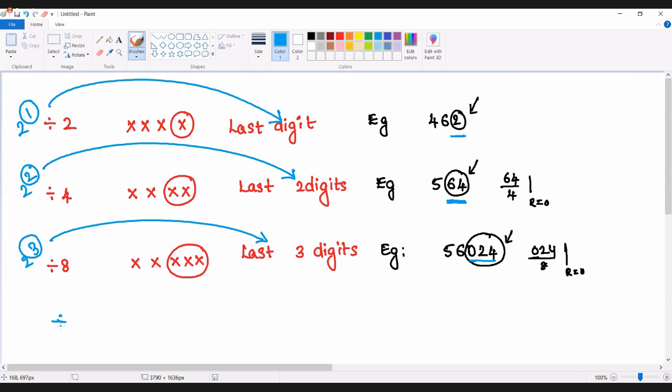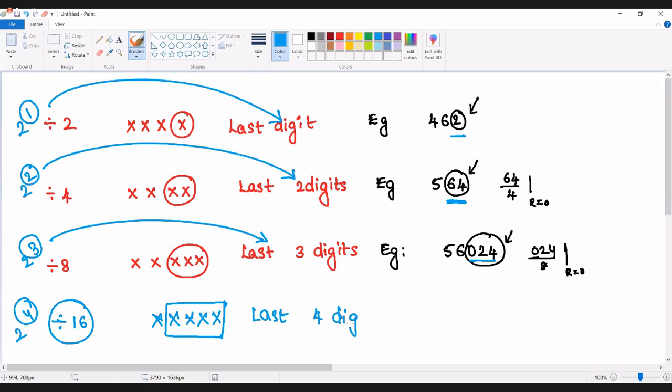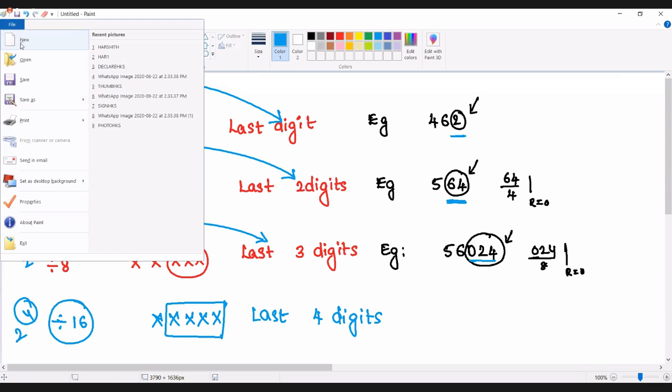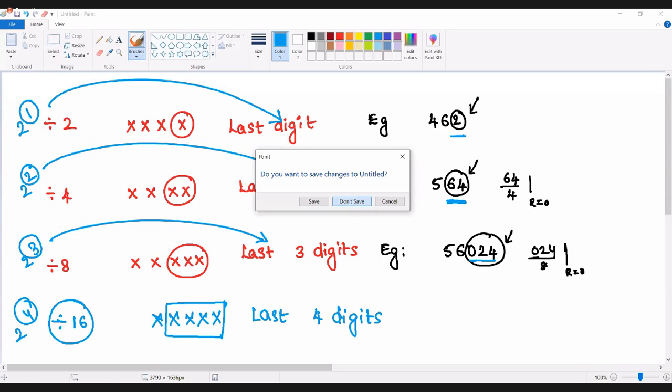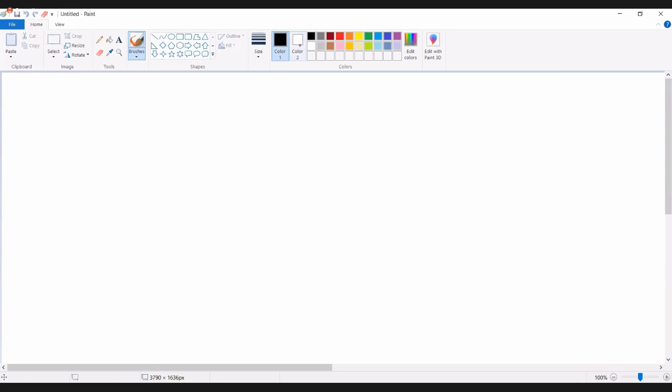Even for any power of 2, you can apply the same logic. If it is 2 power 4, you can check the last four digits. If the last four digits are divisible, we can say the entire number is divisible. So like that you can check the divisibility for all the powers of 2: the last one digit, two digits, three digits, four digits. Similarly,